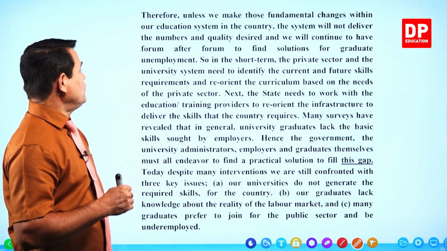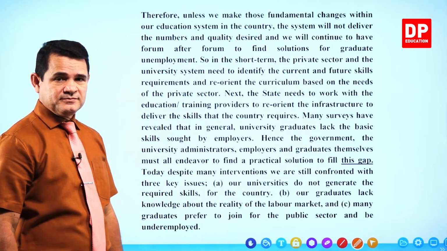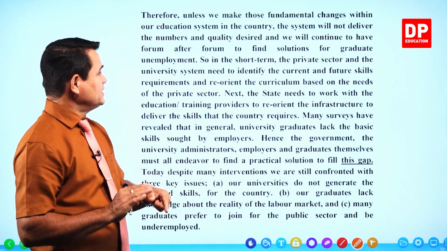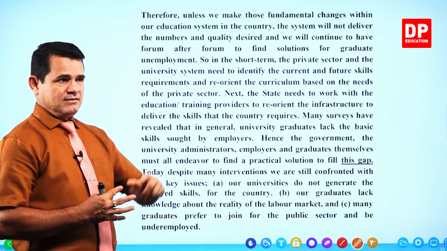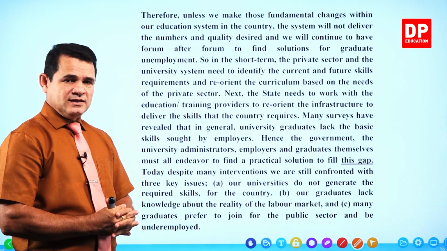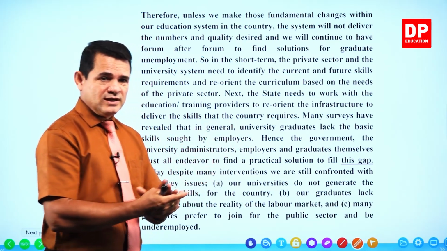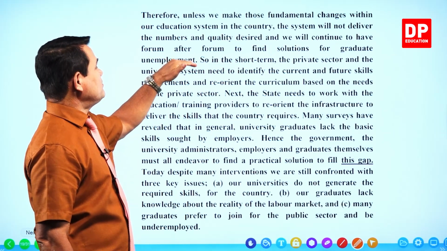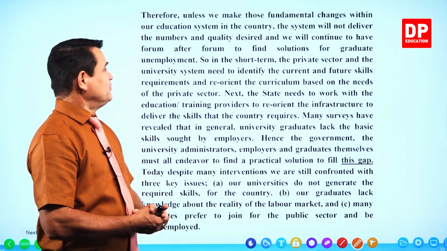continue to have forum after forum to find solutions for graduate unemployment. මේ මූලික වෙනස්කම් නොකළොත් මොකද්ද වෙන්නේ? To deliver the numbers and the quality desired, ඒ අවශ්‍ය රැකියා ජොබ් මාකට් එකේ තියෙන අවශ්‍ය ඉල්ලුමට සපයන්න අපි බැරි වුණොත්, ඒ අවශ්‍ය සුදුසු පුද්ගලයන් සැපයීමට නොහැකි වුණොත් from this education system, what will happen? We'll continue to have forum after forum, සාකච්ඡා කර යයි,